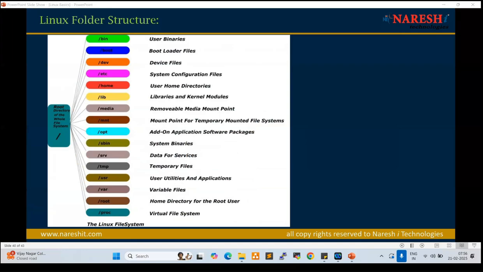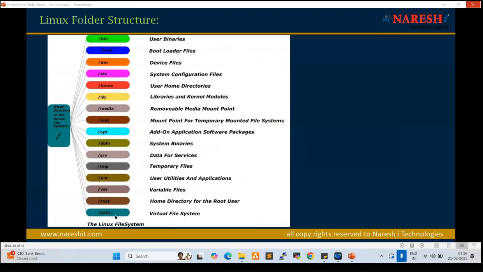Slash root is the home directory for the root user. Root user means admin user. Slash proc is a virtual file system, and process information is available in it. So these are the folder structures available.